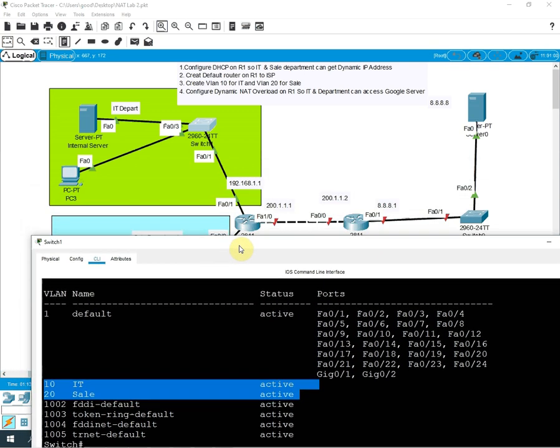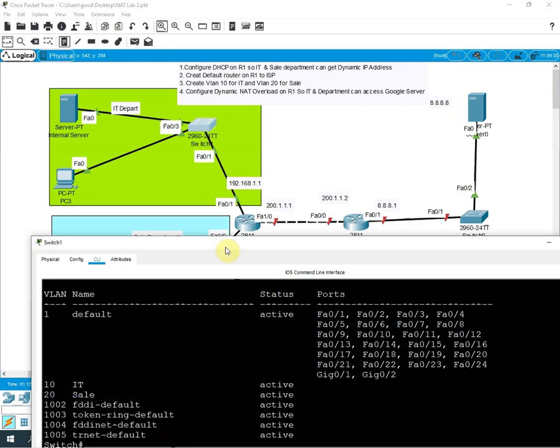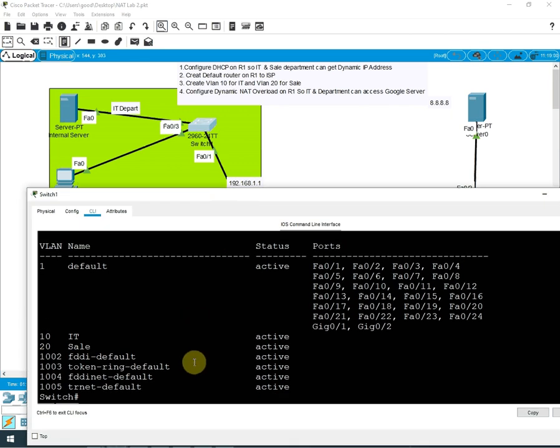So we need to check how many ports we have. If you see here, this port is F0/2, this is F0/3, and this is F0/1. So we will use range, the same thing we did here.